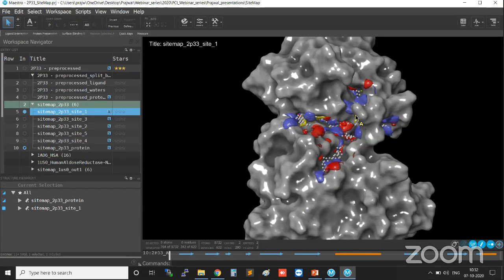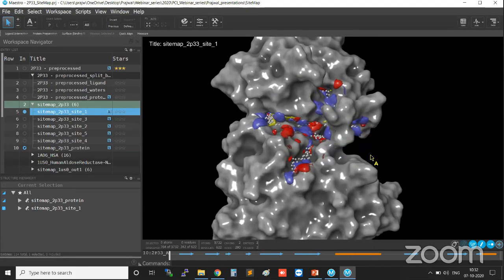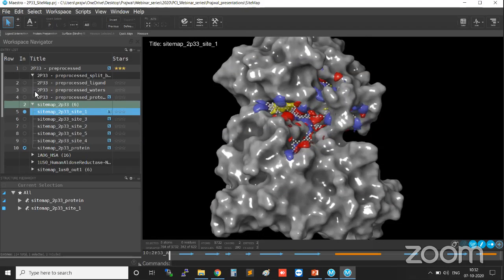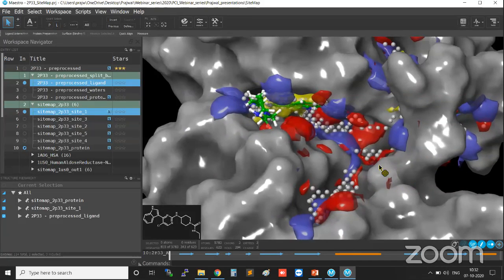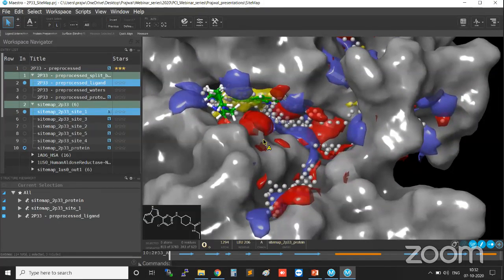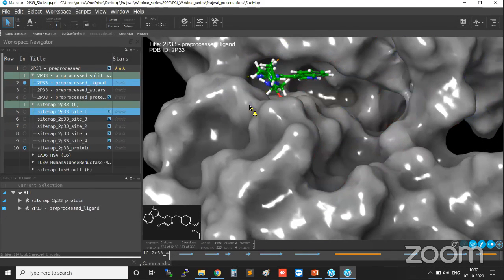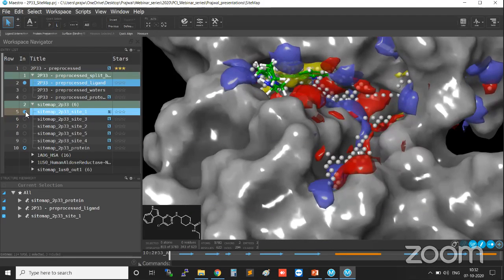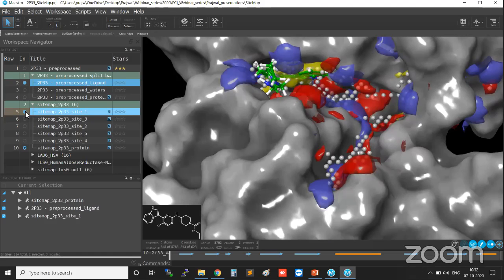So basically, as I said, this first pocket is predicted at the middle of this protein, because initially we have removed the ligand from this binding pocket just to make a control on the software. So we can simply load the same ligand which we have extracted from the binding pocket, and we can see whether it is present at the same site or at some other site. So you can see now your ligand is also present at the same place where the first binding pocket was predicted. So you can see the ligand is occupying the same site which is predicted by the